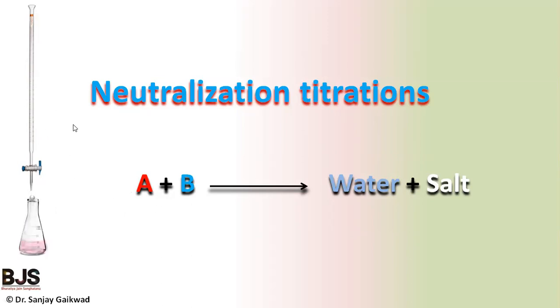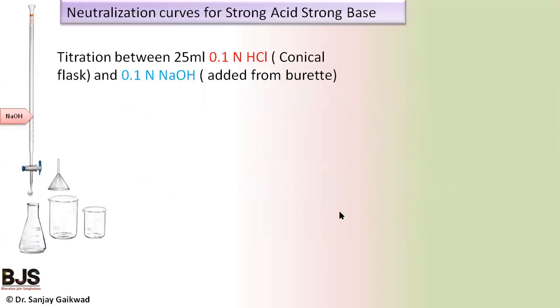In the titrimetric apparatus, we require the conical flask for the titration and the burette, and some other apparatus like a beaker and measuring cylinder. Now when acid reacts with base, it gives the formation of water and salt. If equimolar acid and base interact with each other to give exactly water and salt and no leftover acid or base, this reaction is called a neutralization reaction.